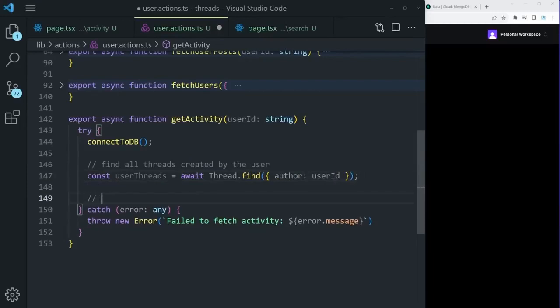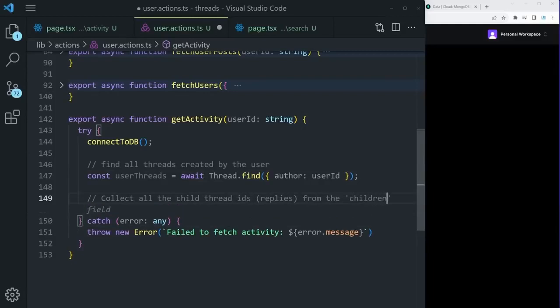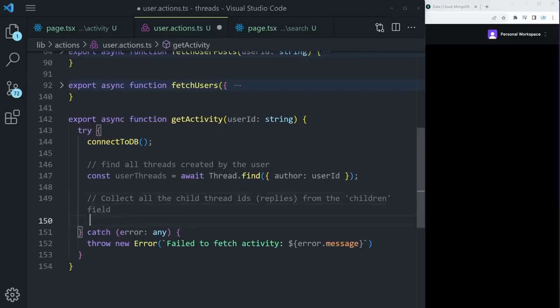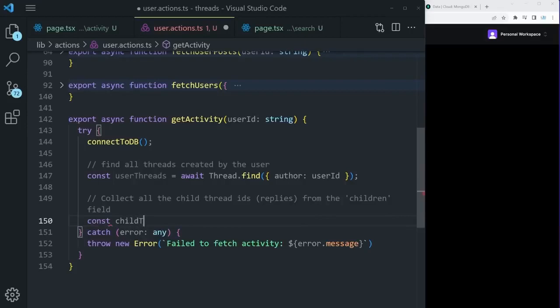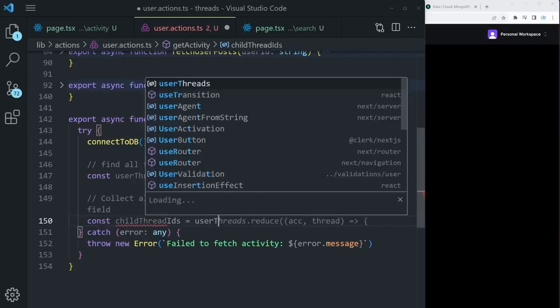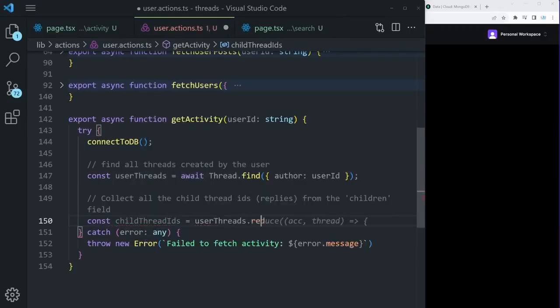Once we find that, we want to collect all the child thread IDs, which are the actual replies or comments from the children field. Pretty cool stuff, right? We're going deeper and deeper, and we want to get all of the comment IDs. We can do that by saying const childThreadIDs